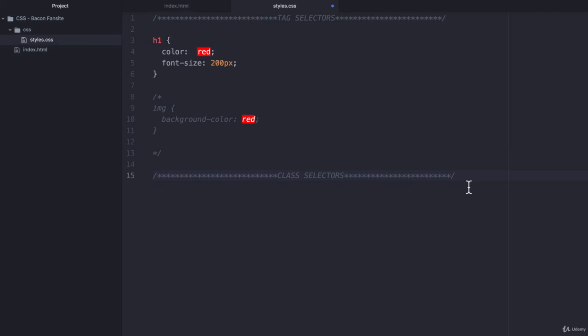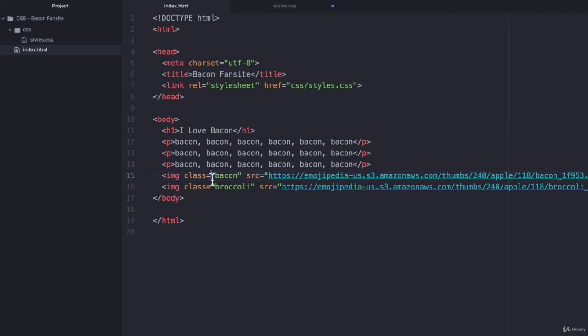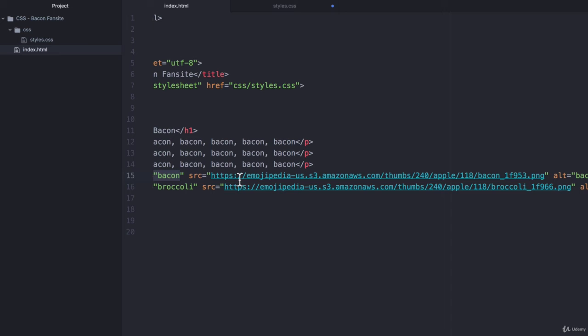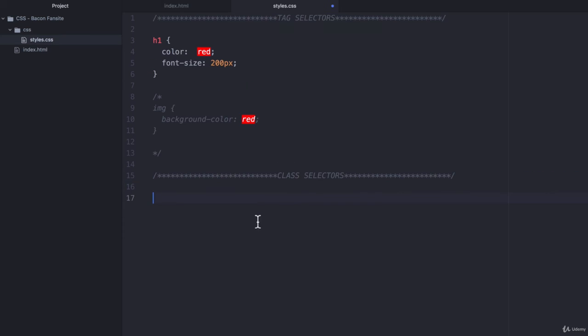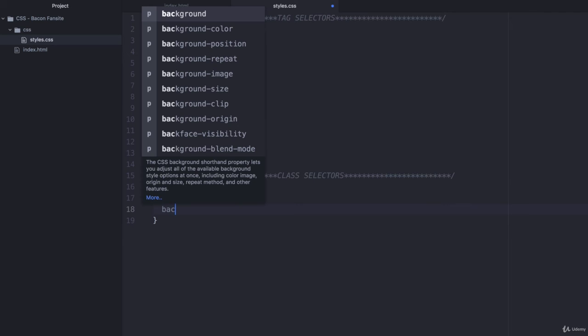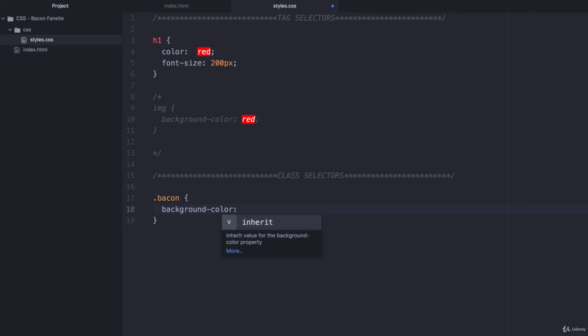So inside this section, I'm going to tap into that bacon class in order to only change the styling for the bacon image and give it a background color of green. So to target a class rather than a tag, the only difference is a full stop or a dot in front of the class. So my class is called bacon. So to use it as a selector, I just say dot bacon, and the rest of the CSS rule looks exactly the same. And I'm going to say that for the bacon class, I want their background color to be green, but for the broccoli class,